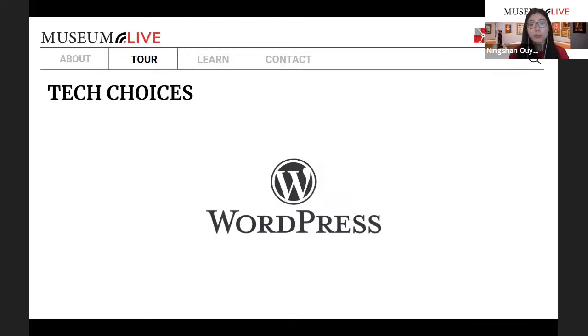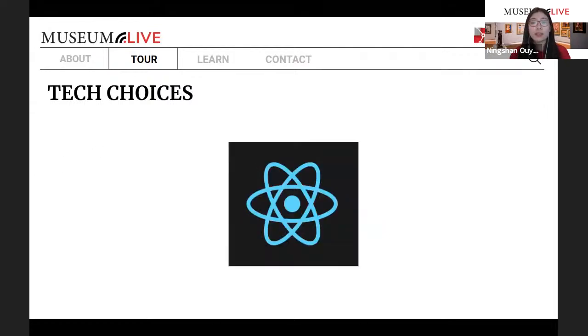WordPress is the most popular CMS for building websites. It provides us with a well-designed and functional dashboard UI for managing media files and databases. And for the front-end development, we decided to use React as a framework. React does exceptionally well in creating good-looking user interfaces, which fits our need for building screen-share-ready UI for our tour